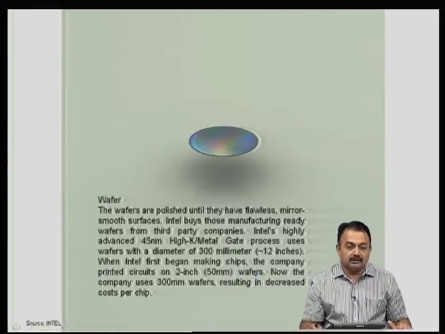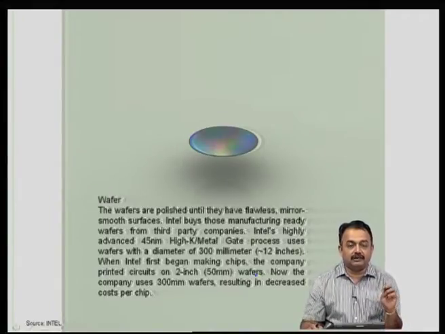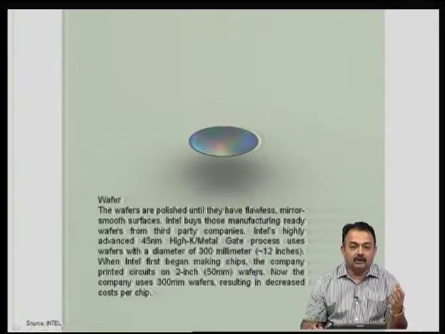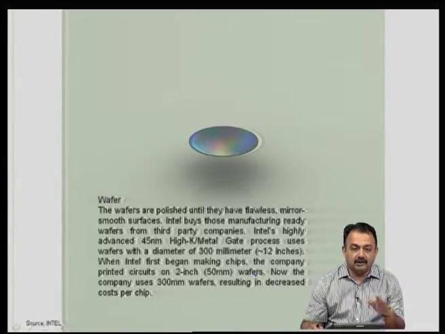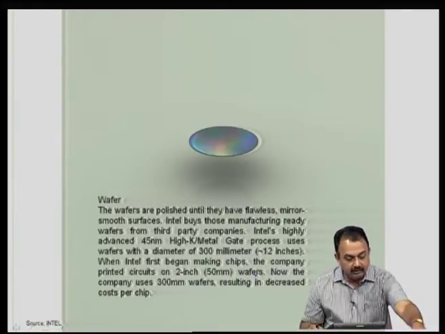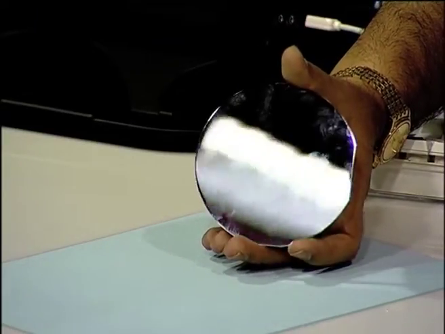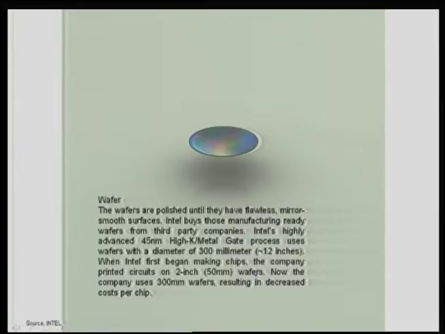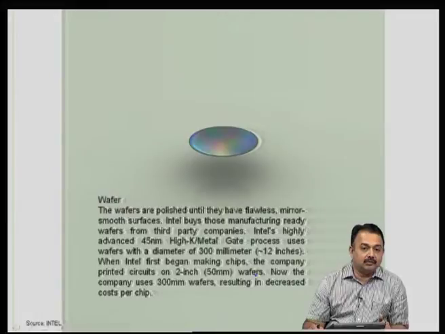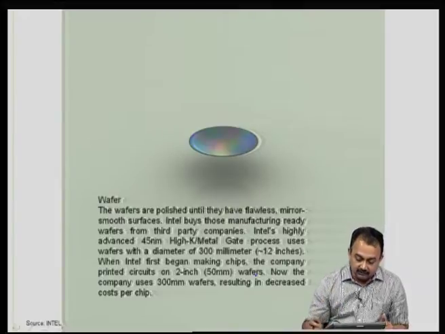Now, the wafers are polished. Once you get the first cut wafers, before you start doing the imaging process on the wafer, you want to make sure that there is no defect caused by the cutting or extraneous material or surface defects. So, basically you want to polish it, and you can see that polishing can give you a very nice mirror like image, as you can see here. So, they should be flawless, and mirror smooth surfaces need to be obtained. That is when you are ready to begin the imaging process.